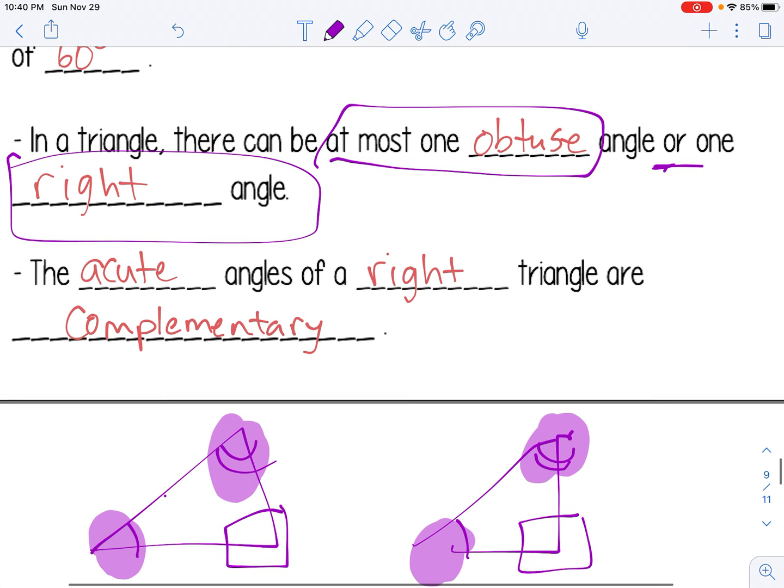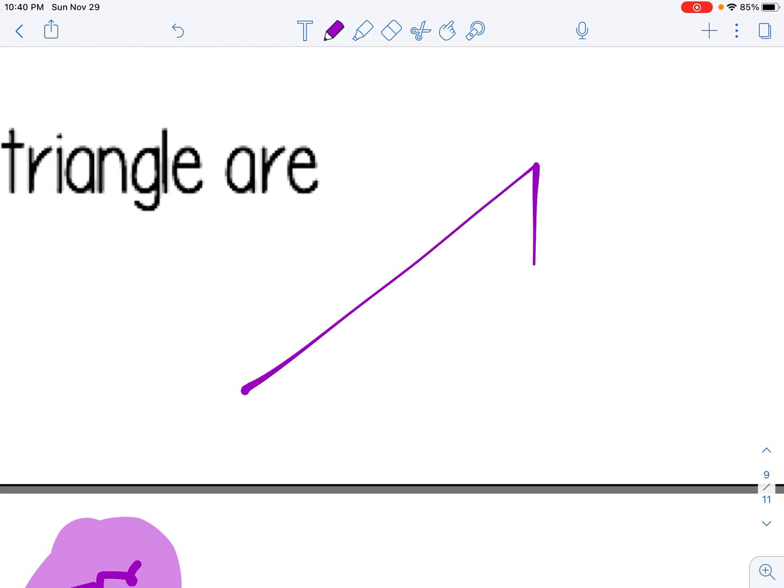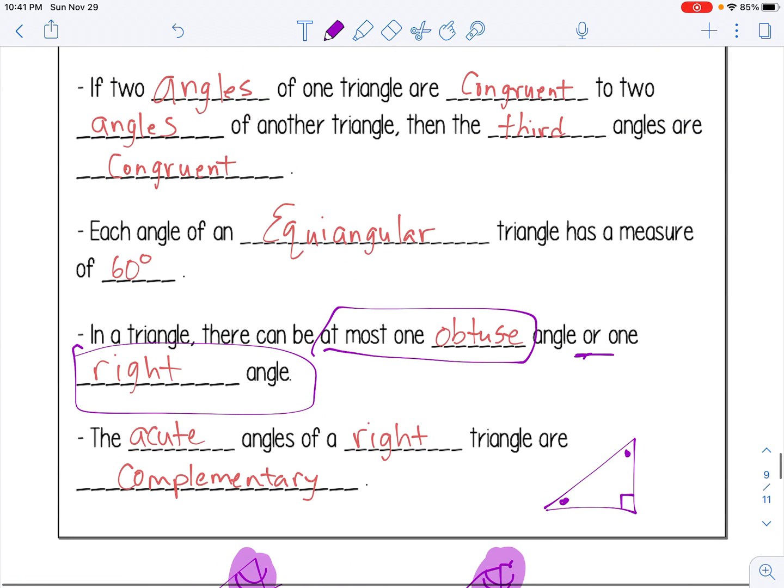Okay? And then this one right here, the acute angles of a right triangle are complementary. We talked about that up top. If they give me a right triangle, I know that the other two angles have to add up to 90 degrees. Okay? So these are kind of nice-to-know things, not necessarily need-to-know, but if you can commit them to memory, the better off you will be. Okay? So just remember the three angles of a triangle add up